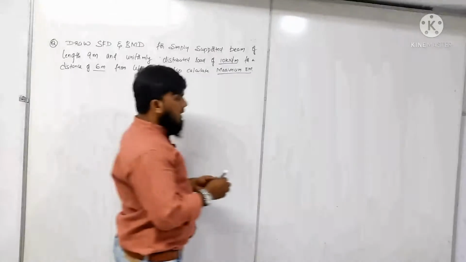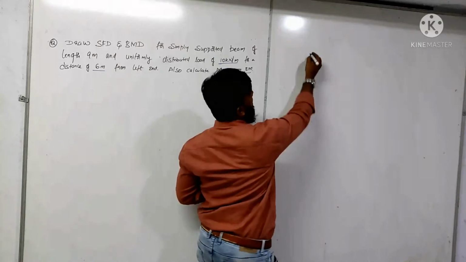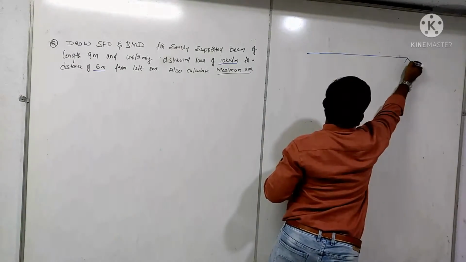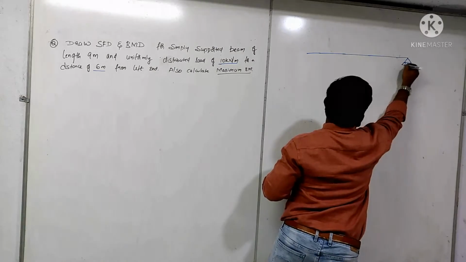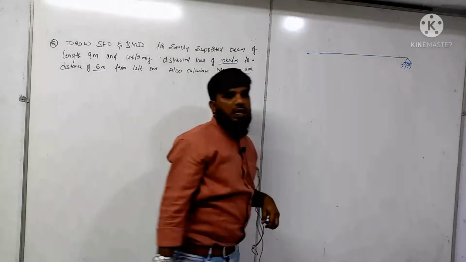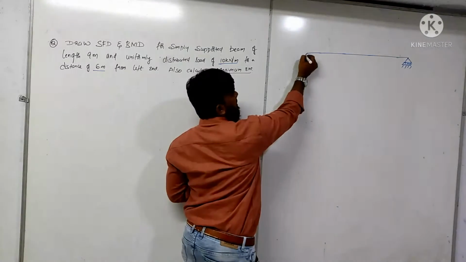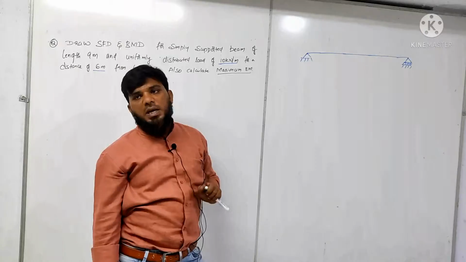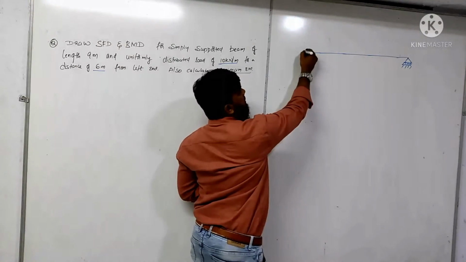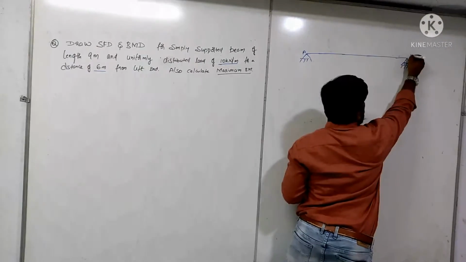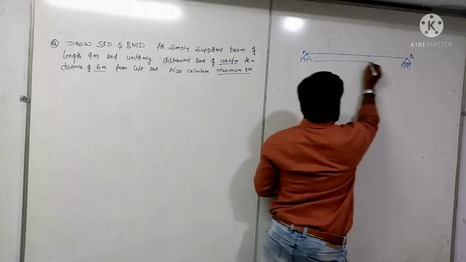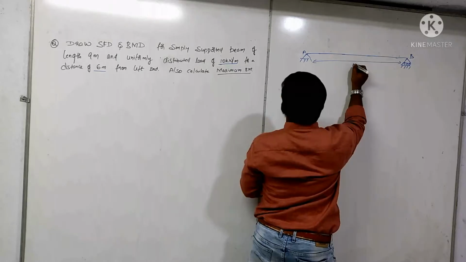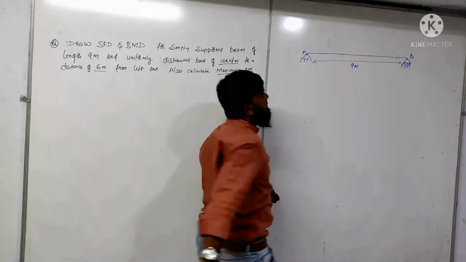So first let us draw the simply supported beam. So this is your beam. What is a simply supported beam? One side is fixed in the vertical direction, another side is completely fixed. So let us use naming. This is point A, this is your point B. Next, what is the length between these? The length given is 9 meters.